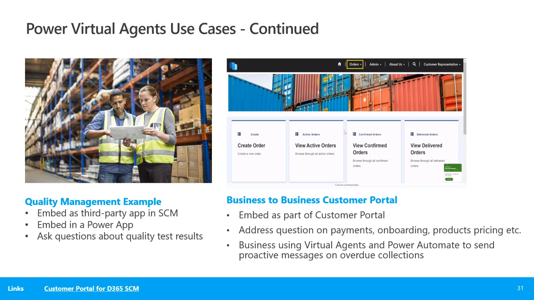Customers or other employees in your organization could be asking questions about quality test results. You could even use it in maintenance type scenarios from a quality standpoint. If a machine is breaking down, or we break down past a certain quality level, we now need to do maintenance on a machine and integrate that with your asset management, or if you're in a field service type scenario. So a lot of ideas there of what you could build a bot for